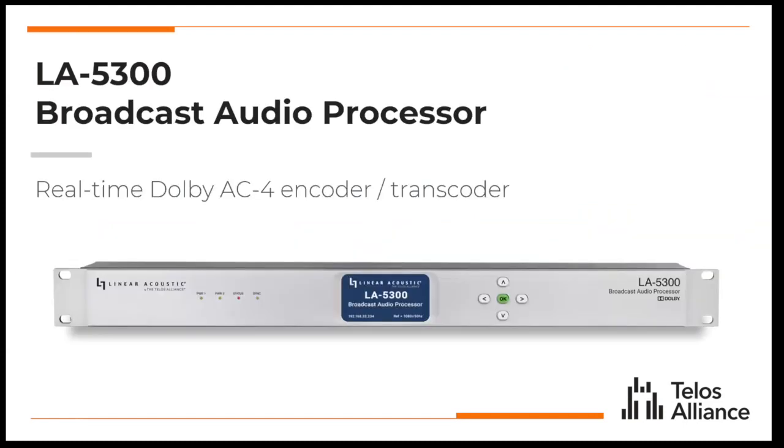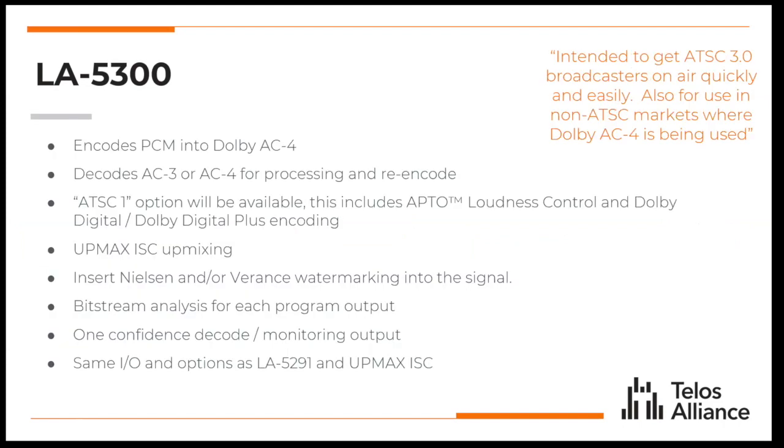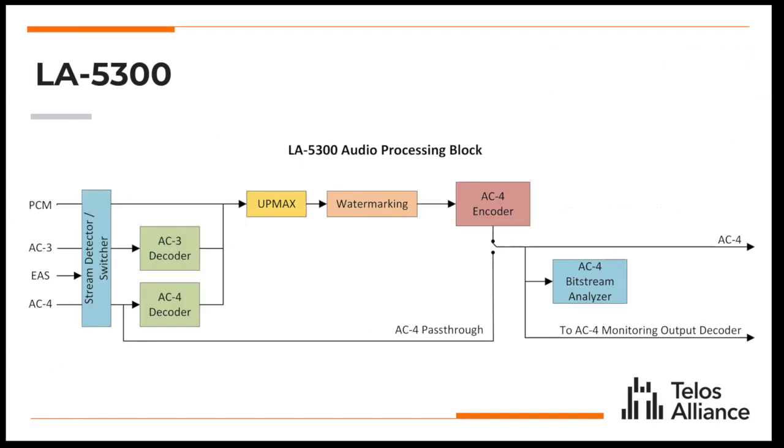The next is LA5300, and this is our real-time Dolby AC4 encoder and transcoder. And this can encode AC4 from PCM. We can decode AC3 or AC4, process it, and re-encode. There'll be an ATSC 1 option, so that will include our Aptō loudness control and a Dolby Digital encoder. This includes the UpMax algorithm that's the same as in the UpMax ISC standalone unit, watermarking, Nielsen or Verance, bitstream analysis, and confidence decode. Same I/O